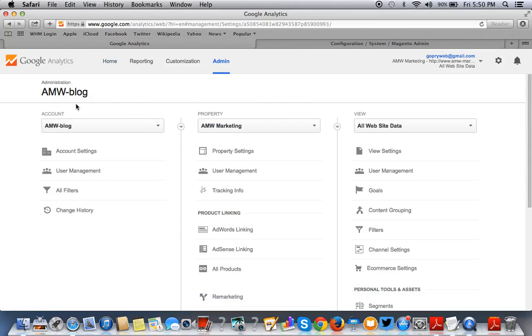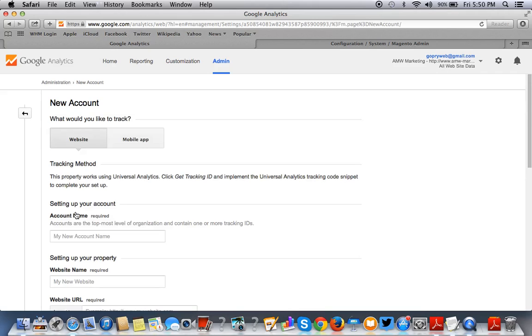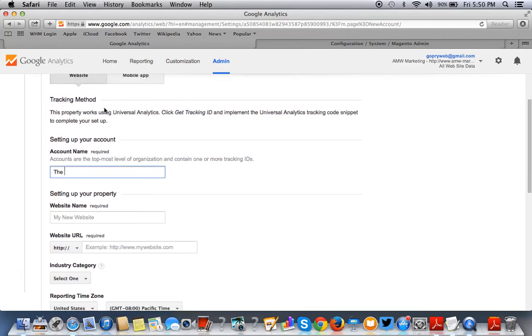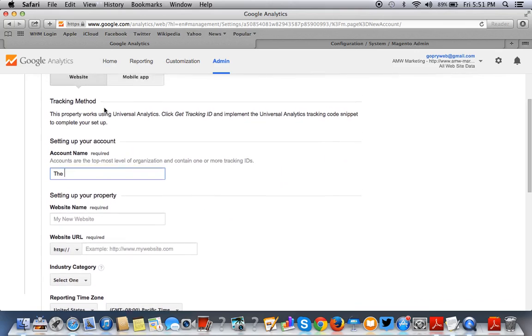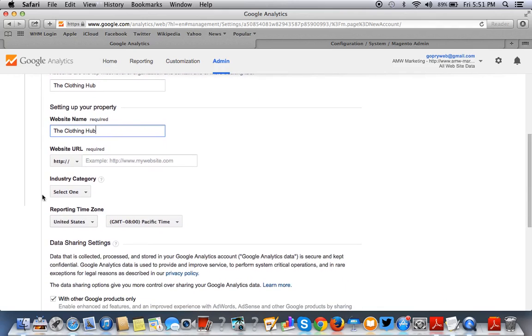To create an account for your site, you're just going to go to account at the top left, and select this drop down menu, create account. This is pretty simple. You just want to type in the website name. It's pretty straightforward up right here. If you're adding a website, you want to go to Clothing Hub. This is the name of the site we're demonstrating to you. So the website name is the Clothing Hub, and then we have the website URL